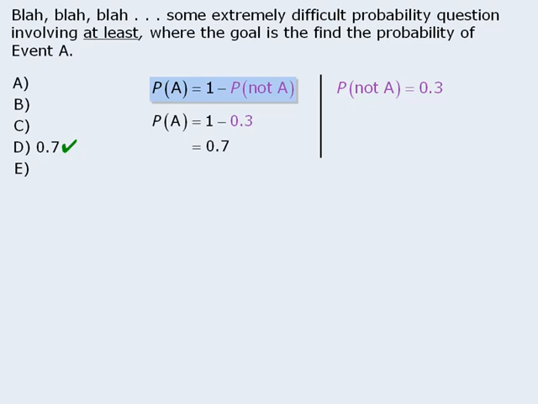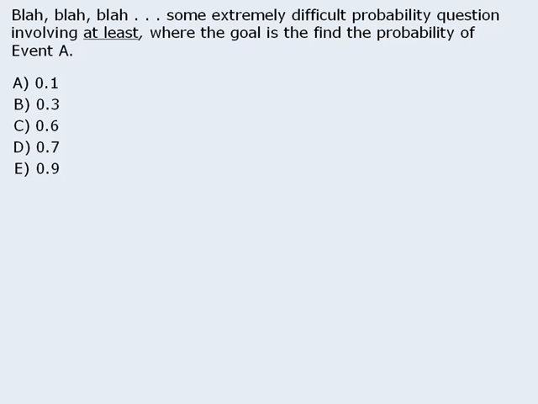Now when test makers create distractors, they look for incorrect answers that students might arrive at incorrectly. For questions that involve the complement, the most common mistake is to conclude that the complement is the correct answer. So if you want a good distractor, you should include this as one of the answer choices. At this point, let's say that you find some other good distractors and you add them to your answer choices. You now have a super difficult question ready to go. At this point, let's imagine that you are taking the test and you encounter this question. Now, unfortunately, the solution eludes you, so you are forced to guess.